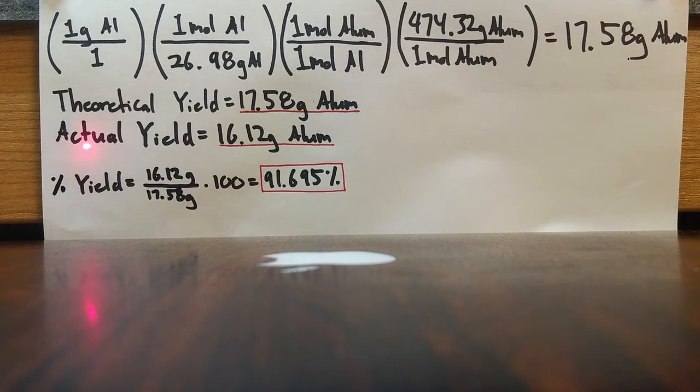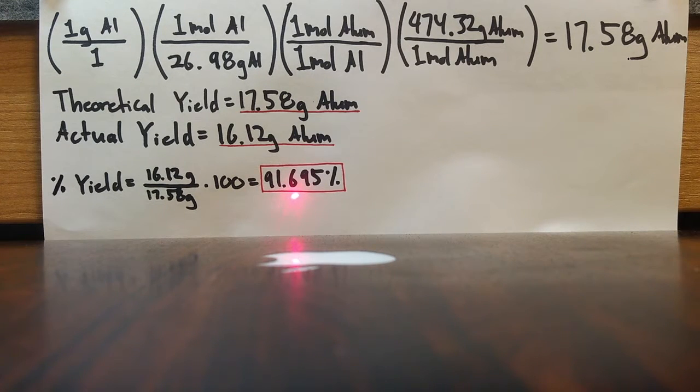our theoretical yield. For our actual yield, in the experiment, when we precipitated out the alum, we weighed 16.12 grams of alum as our actual yield. And so thus our percent yield is 91.695%, which is a very, very good yield. However, that missing 9.3%